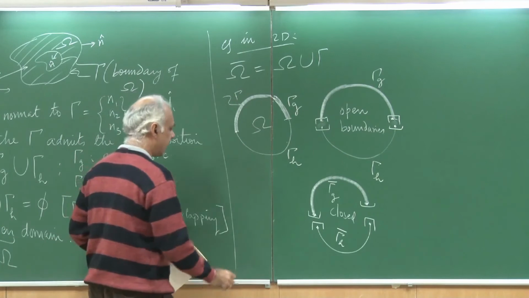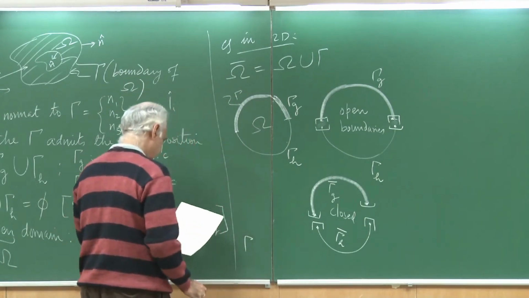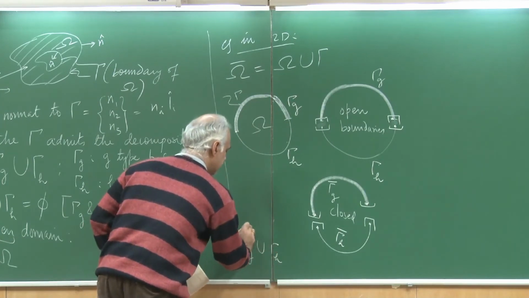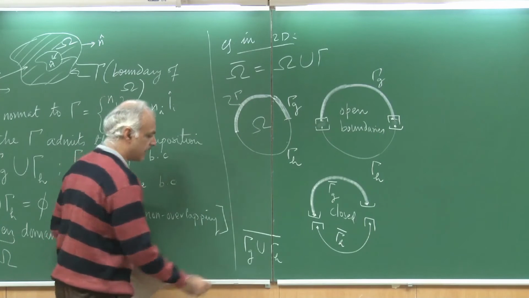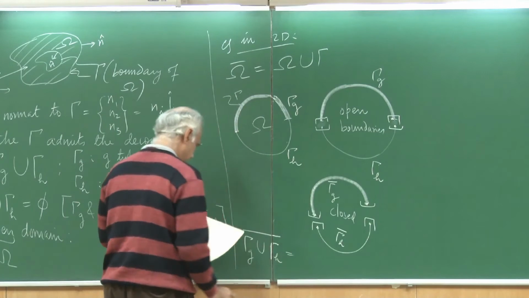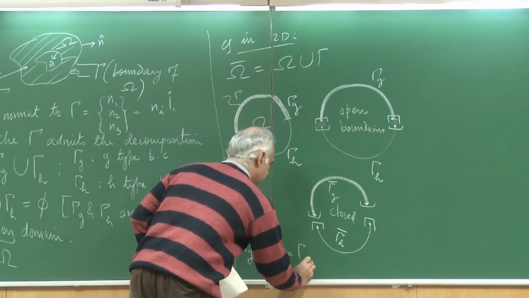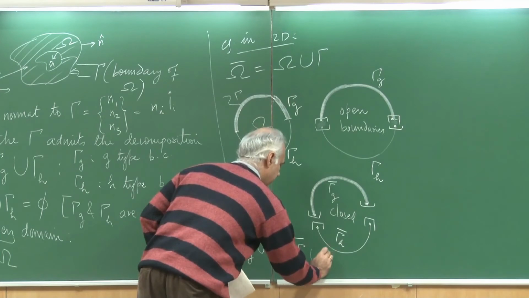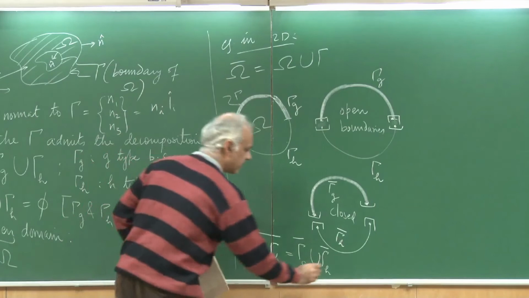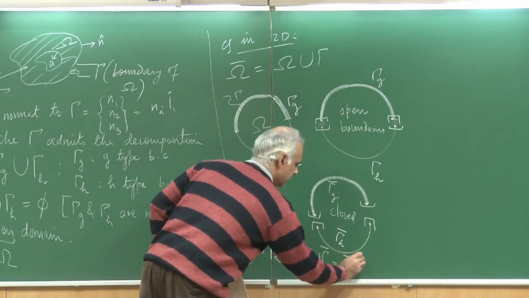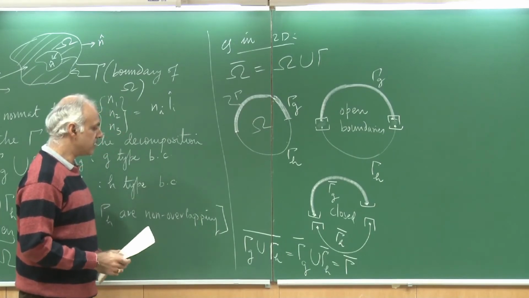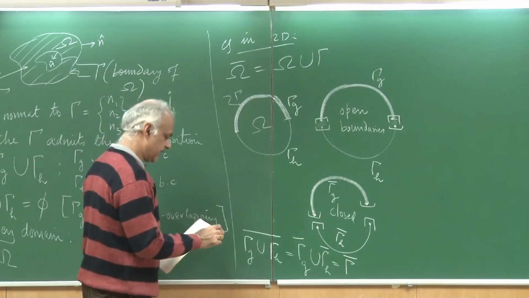You can very well see that if I do a union of gamma g and gamma h and then take a closed boundary, then this would simply be gamma g bar union gamma h bar, and this of course I can call gamma bar. Okay. So, the entire boundary can be decomposed into these two parts, gamma g and gamma h.